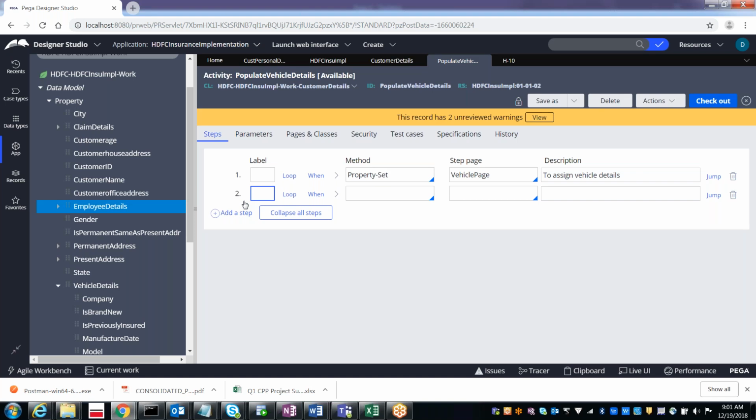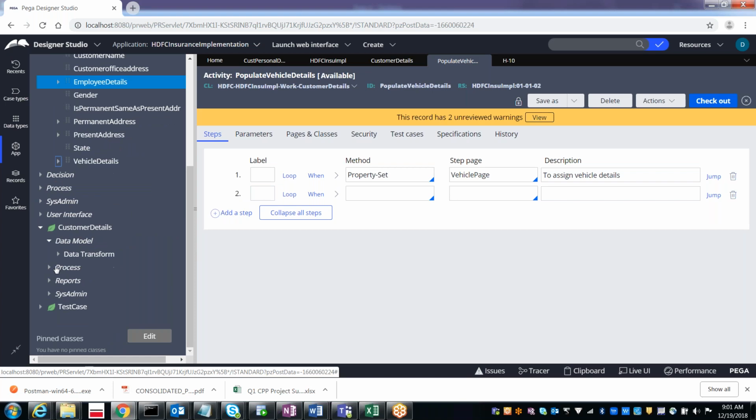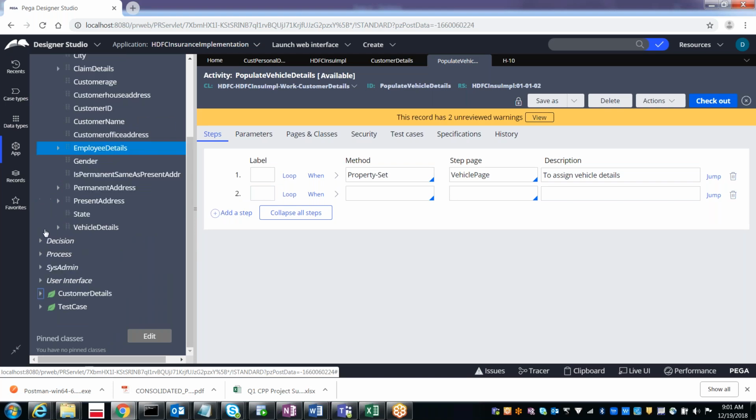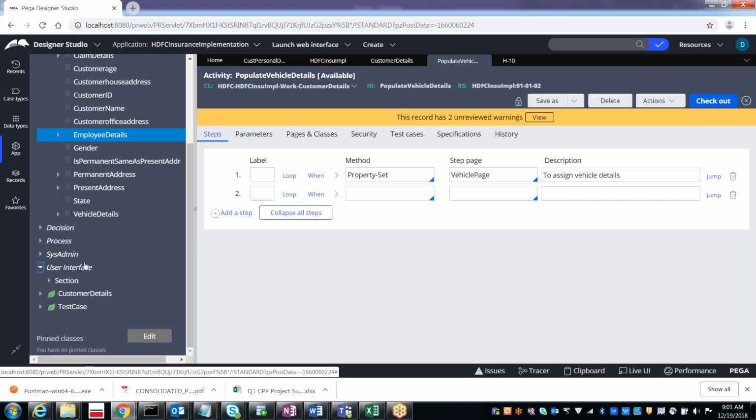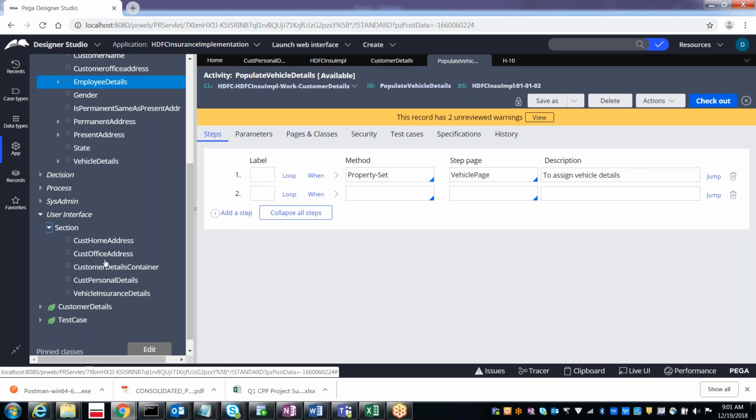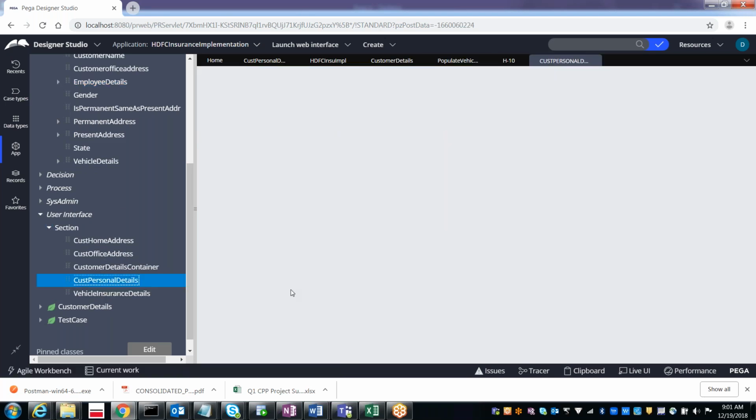Instead of populating the data from the data type to the report definition, how many of you remember the states which we populated? Let's go to the user interface section. Okay, my personal details.